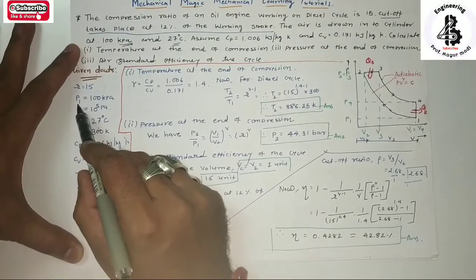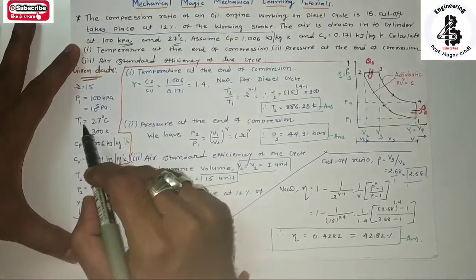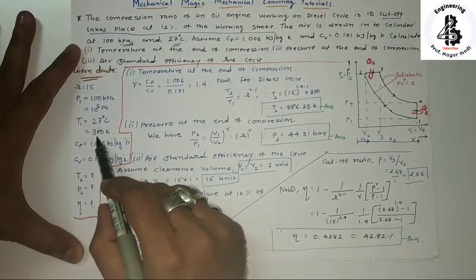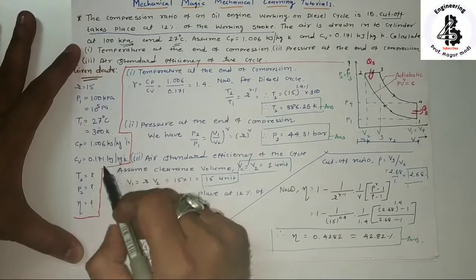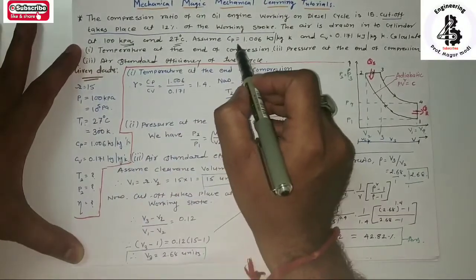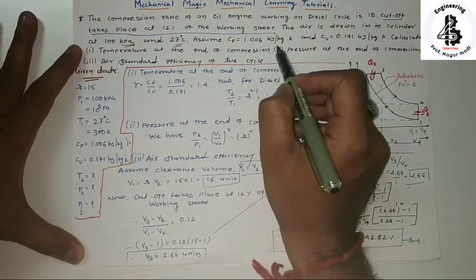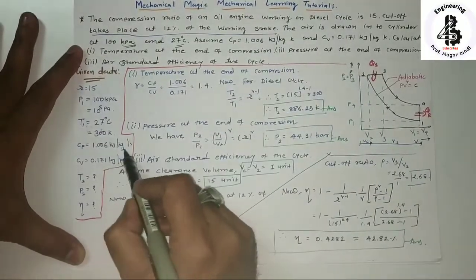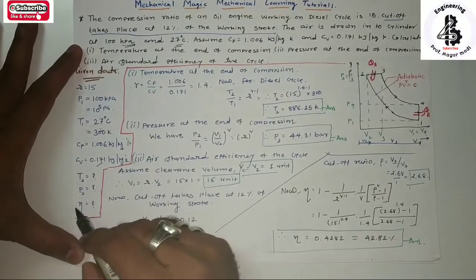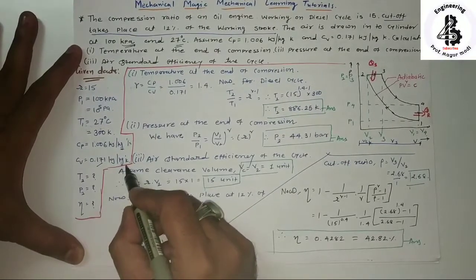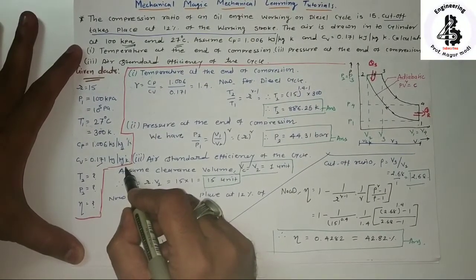So finally P1 equals 10 raised to 5 Pascal and T1 equals 300 Kelvin. Two more data are given to you: Cp 1.006 kilojoule per kg Kelvin and Cv 0.171 kilojoule per kg Kelvin. And